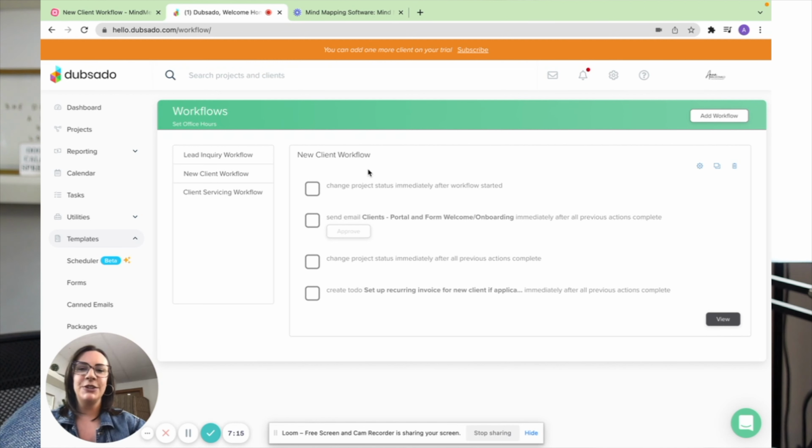So once they move into the new client workflow, we change the project status to either starting soon or new client, depending on their start date. And then I send them their client portal information, a welcome email. We have all sorts of things happening on the back end so that they feel warmly onboarded. They get all of the information that they need to get started. And they feel that as soon as they have signed their contract and paid, they are being taken care of,